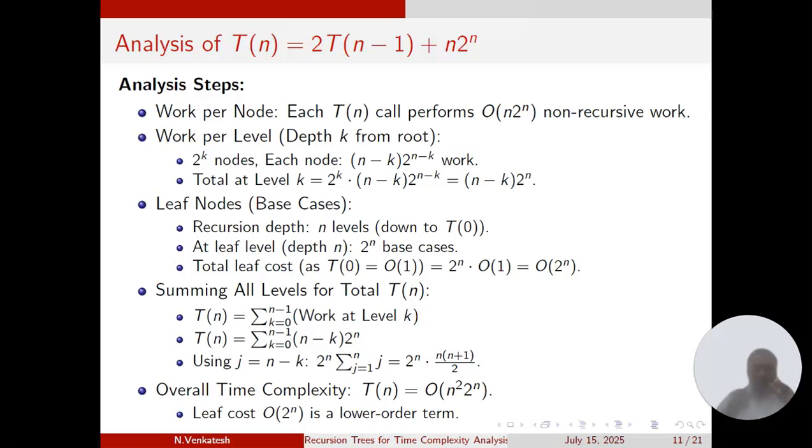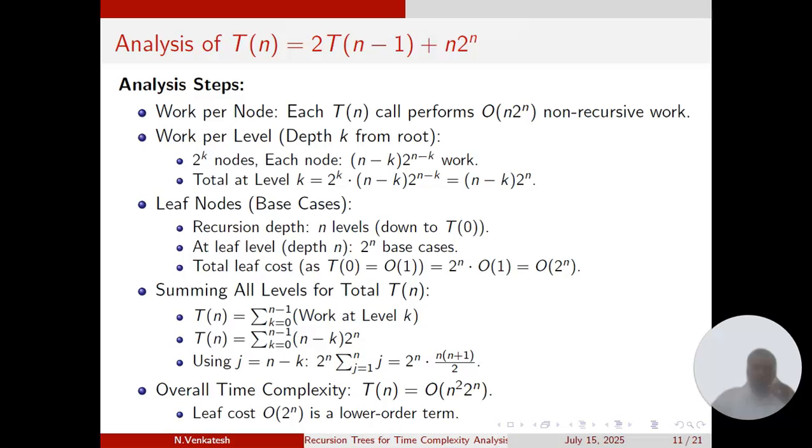And at the base case, that is at the leaves at depth n, we have 2 power n cases, so order of 2 power n. The number of levels is n, and each level requires